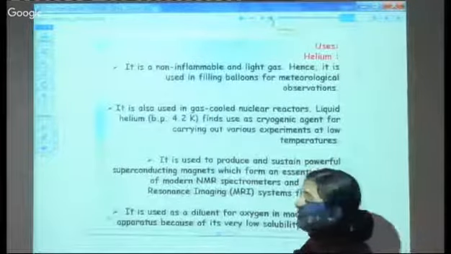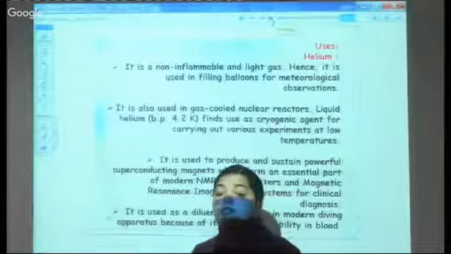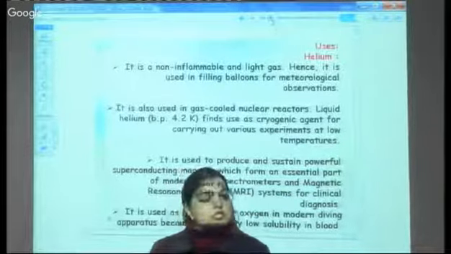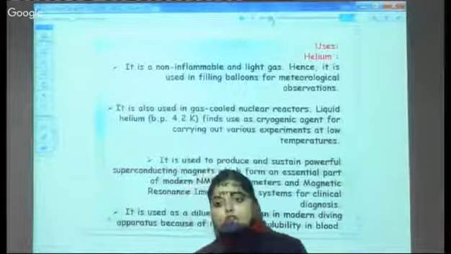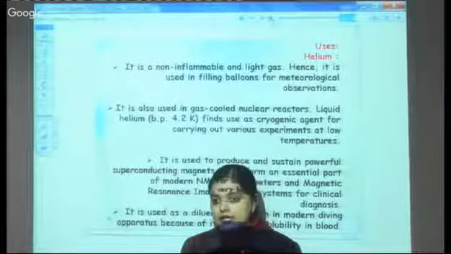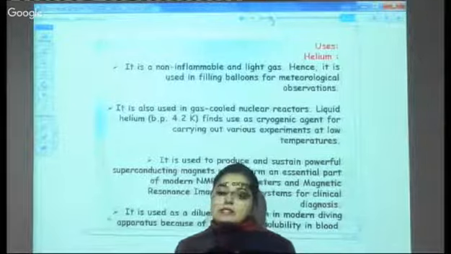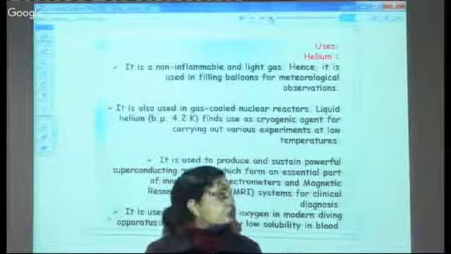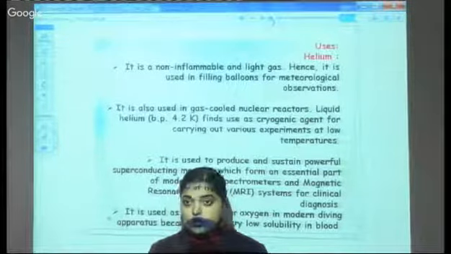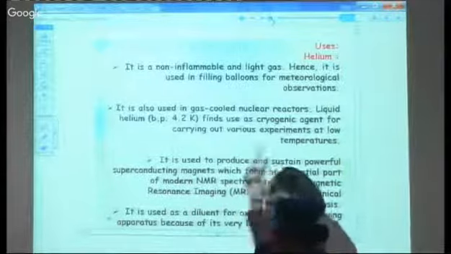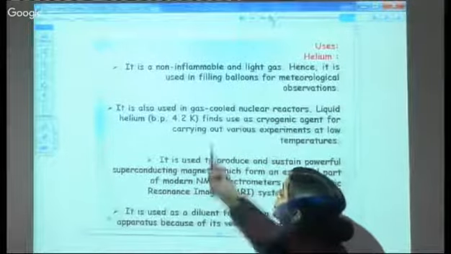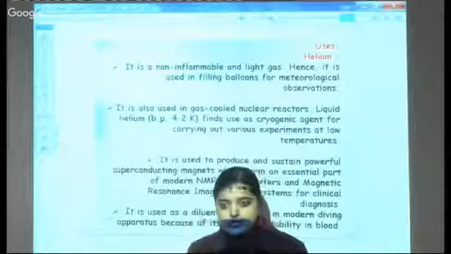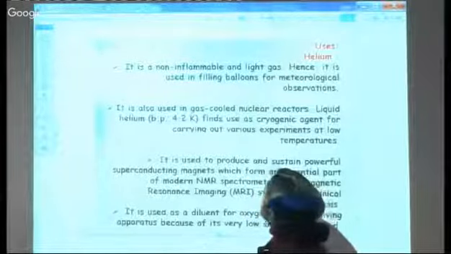Now, let's talk about the uses of noble gases, because they do not have much application in terms of chemical reactivity, because these are inert. It's only xenon which takes up some reactions, and hence there are some structures for those reactions we have talked about. Basically, we need to talk about the uses of the inert elements. So helium is used because it is a non-inflammable and light gas. Light because it is smaller in size also. So it's being used in filling up of the balloon